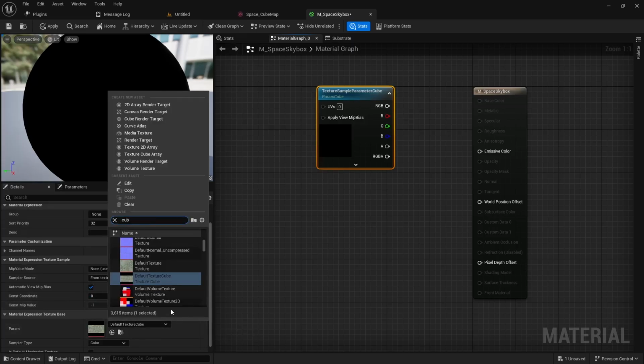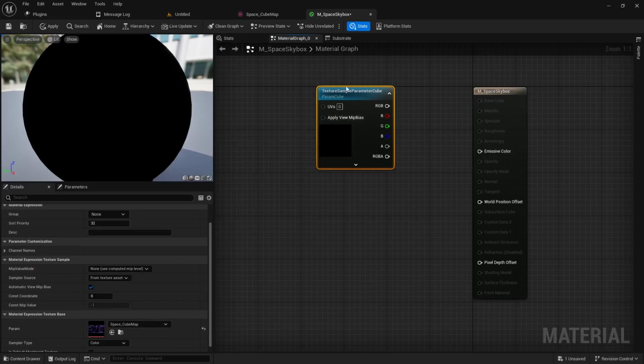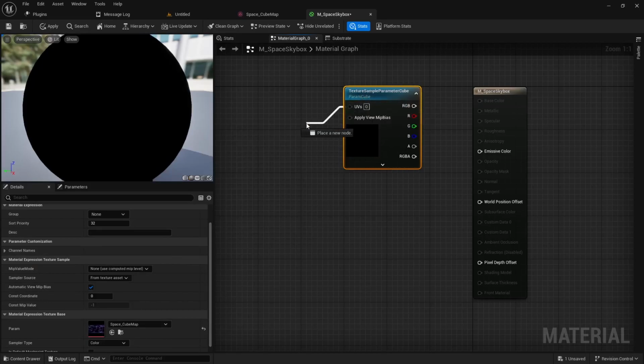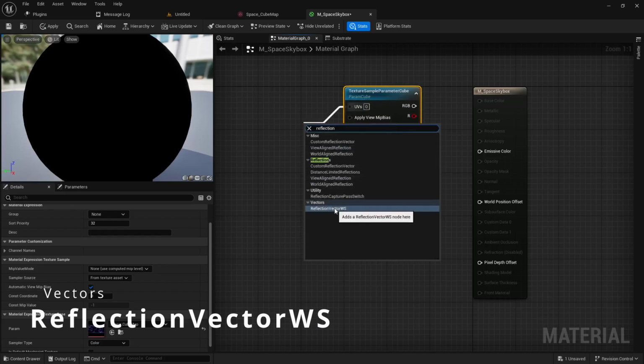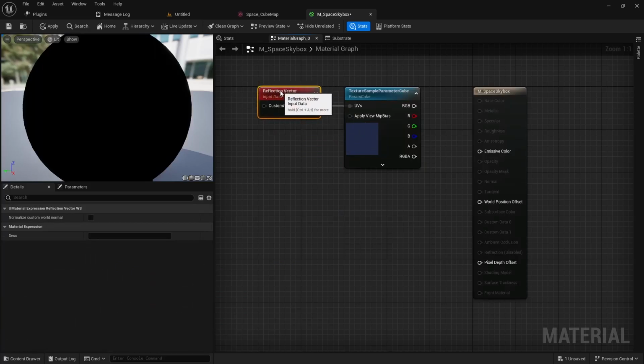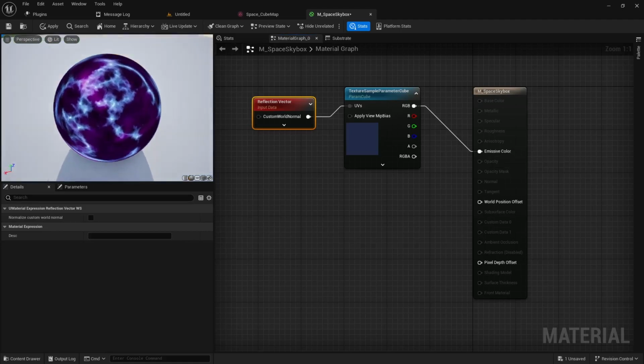With that selected, we can search cube map. We have our space cube map right here. We can drag off the UV into a reflection vector world space. So this one right here. And just with that, we should be able to plug this in, and you can see your sky sphere starting